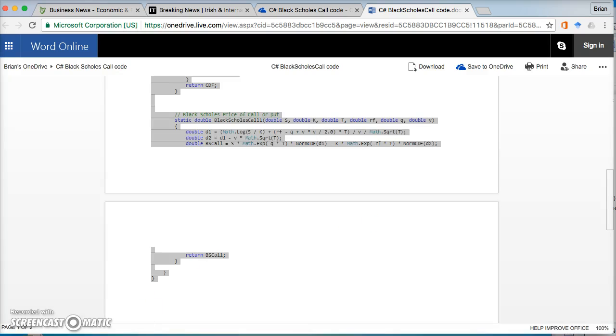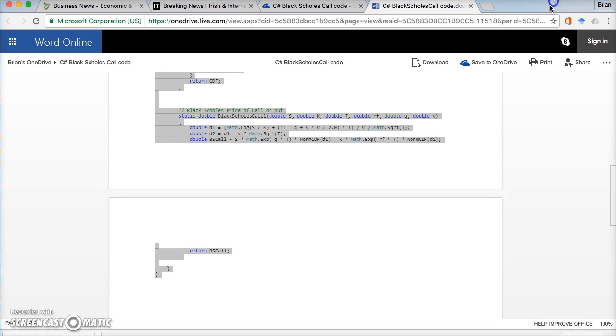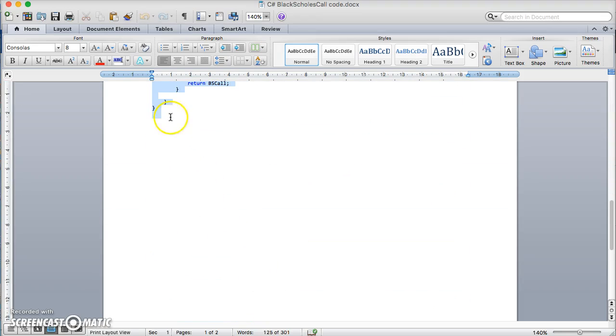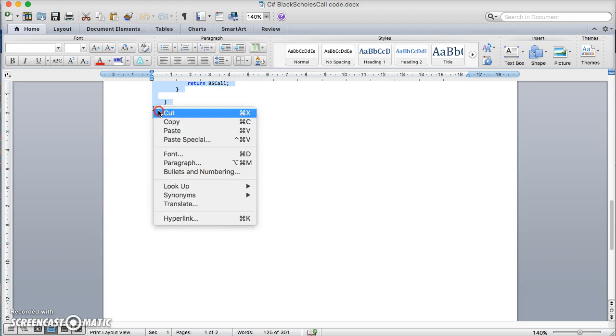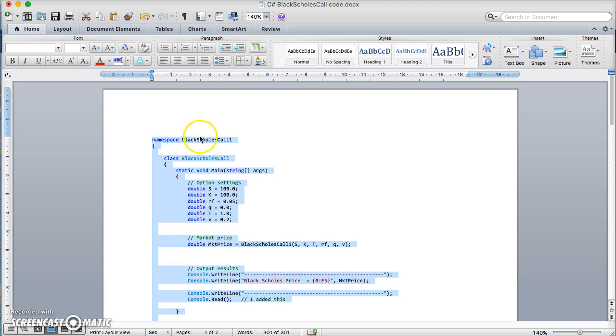Okay, let's try that again by downloading. And I'll pause for a second, and I'll open that file up. Okay, and copy this code, Black Scholes call, and copy, and then open up Xamarin,